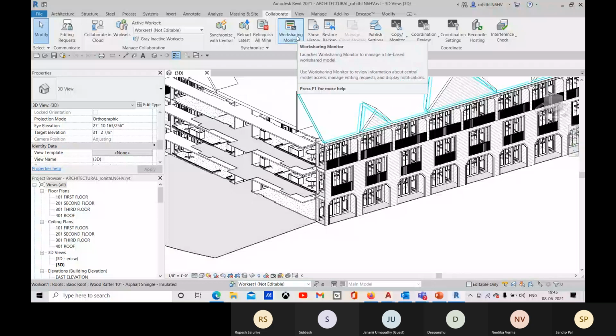Okay, so this is the process of worksharing. That is the most valuable part of Revit, which makes it compatible for BIM. All right, so this is all about worksharing.